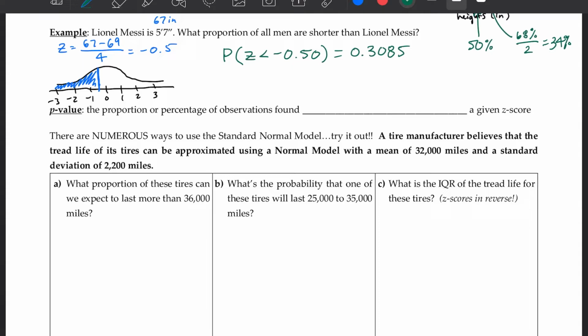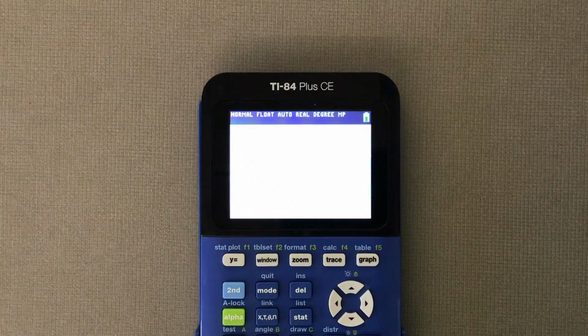I really like using the z-table. It's something I'm really comfortable with. But you might be wondering, well, does my calculator find this for me as well? And it does. Let me show you how to do that. And so now let's take a look at how we can find our percentage proportion under a normal curve